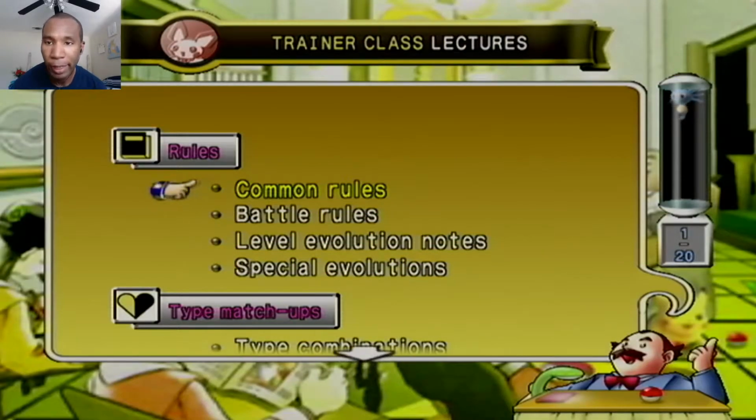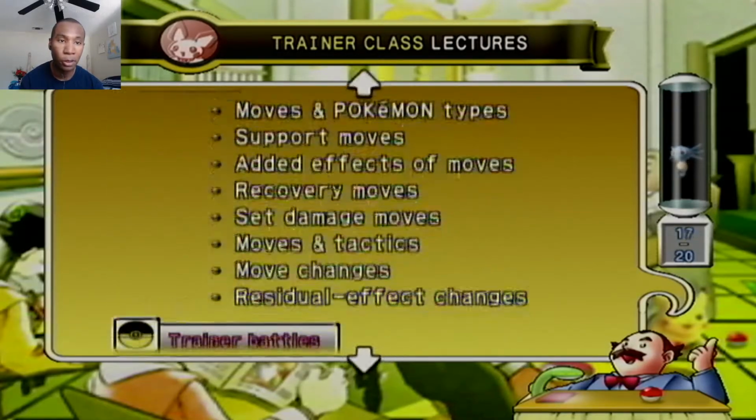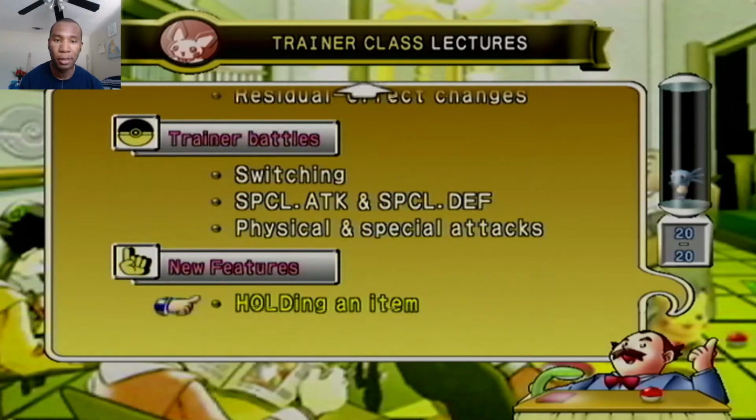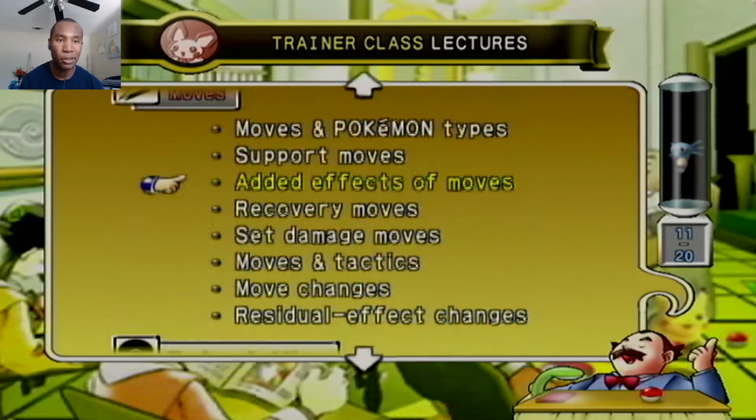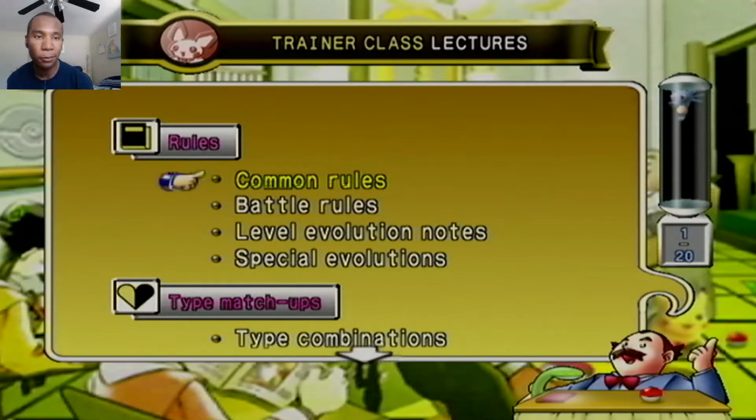So you'll see on the right hand side where the horsey is, we're going to have 20 topics to go through. And you'll see them right here. They're separated into categories, and we're going to scroll all the way down. We will go over all the topics, but I'm going to try to hit the main points on them as quickly as possible, so it doesn't drag on for too long. So when it comes to common rules,